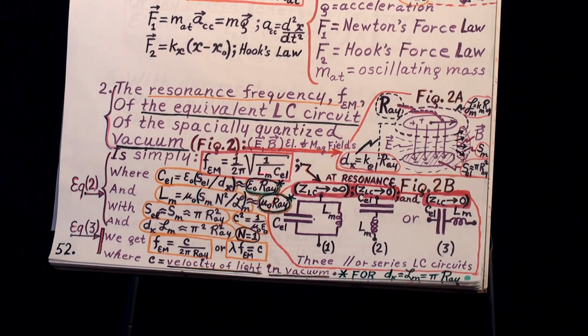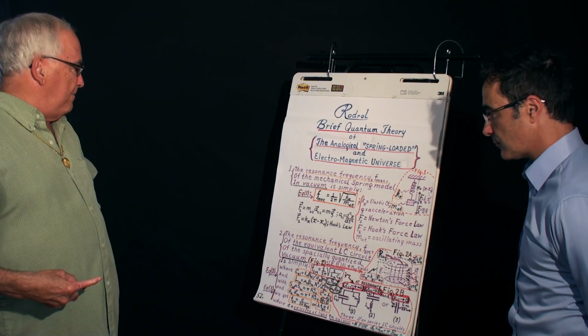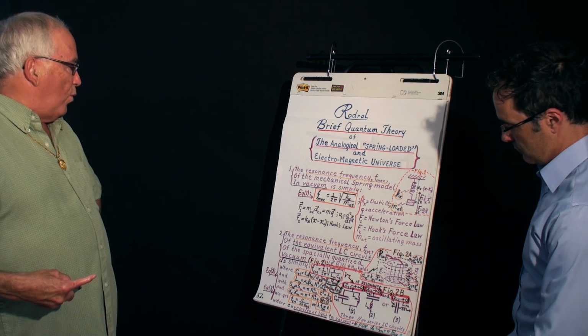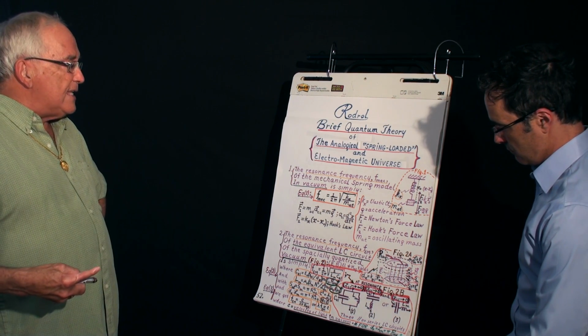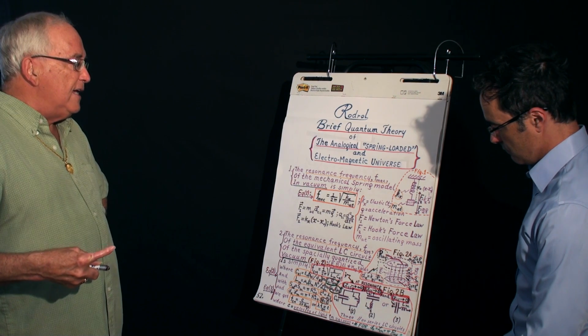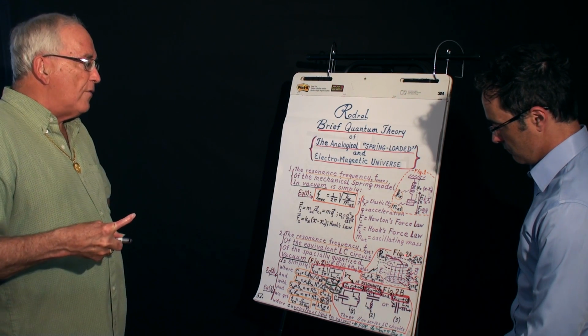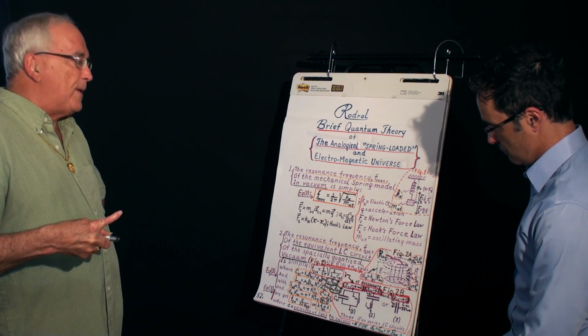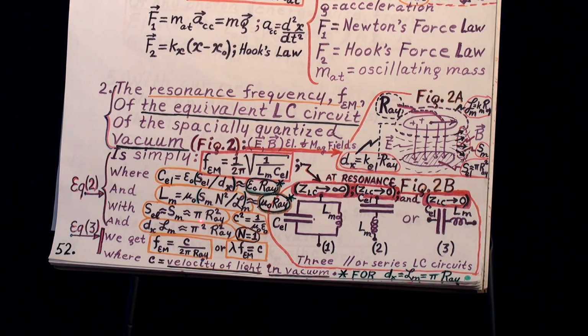Now, the capacitance equation of vacuum is simply the electric constant multiplied by the surface of the plate divided by the distance between the two plates. And in this equation, I've realized, playing a lot with this, that when you have the surface of the plate equal to the surface of the magnetic circuit around it, supposing that the surface of the magnetic circuit going around it is the same as the surface of the plate, then you would have pi rho squared as the surface of both electric and magnetic circuit, okay?